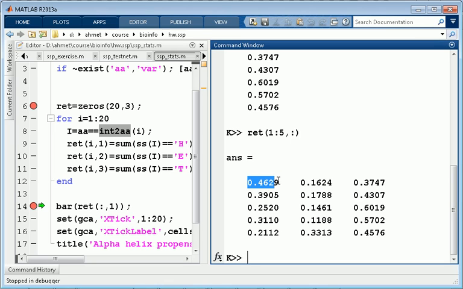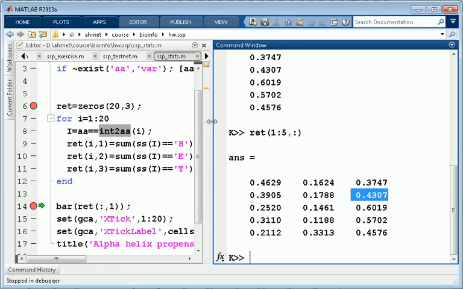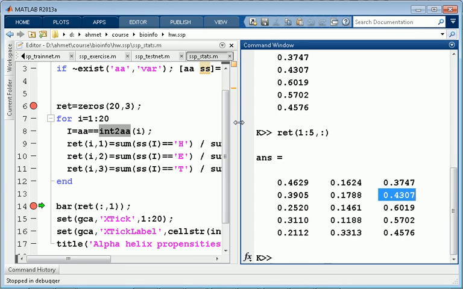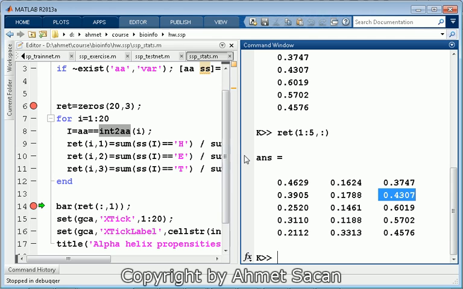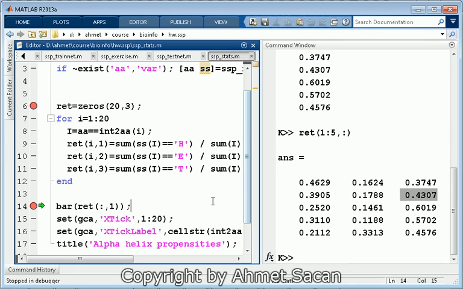So alanine likes to be in a helical state the most. 46% of the time, it's a helix. Arginine is a turn 43% of the time. Okay. So I've taken the set of known secondary structure states for my training data and constructed this 20 by 3 matrix. And the question was also asking you to plot the